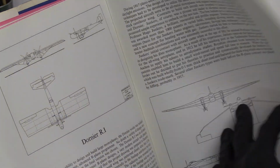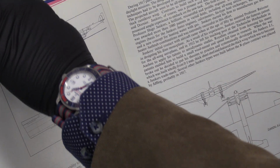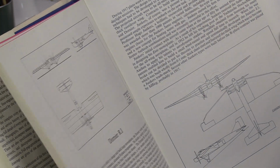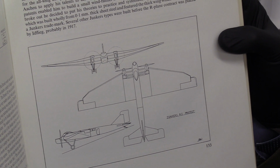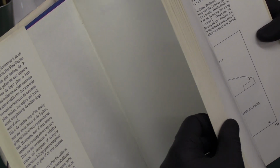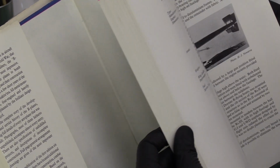It's amazing. There's so much of it. But these are the big birds, as it says, the German Giants, as they call it. Dorniers. Look at the wing profile of this one. That looks a bit more like a Second World War aircraft, doesn't it? How interesting. Junkers R1. Some amazing